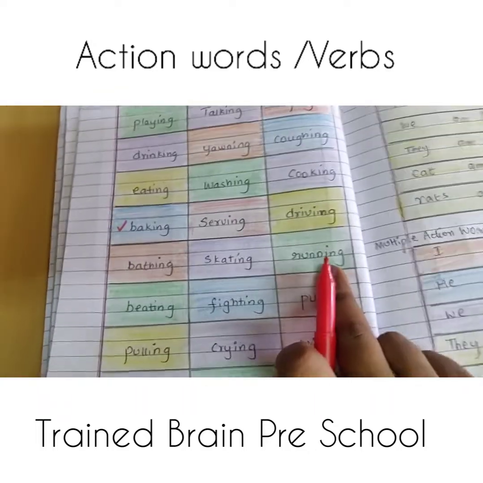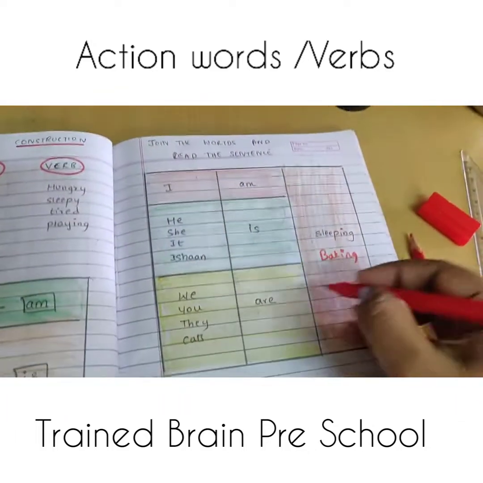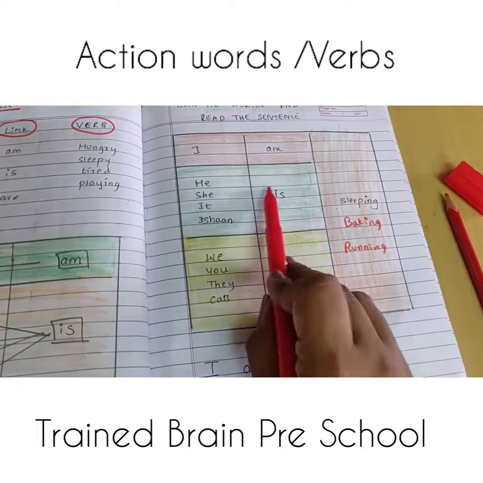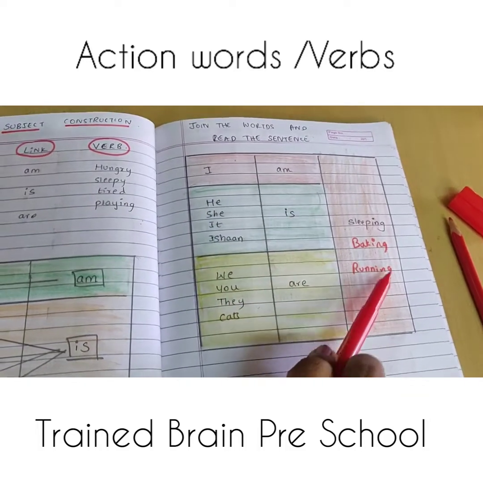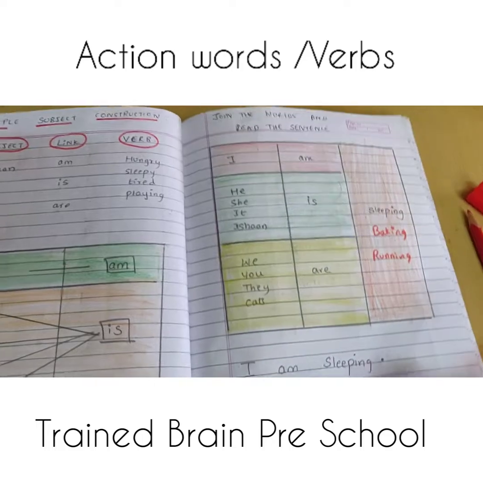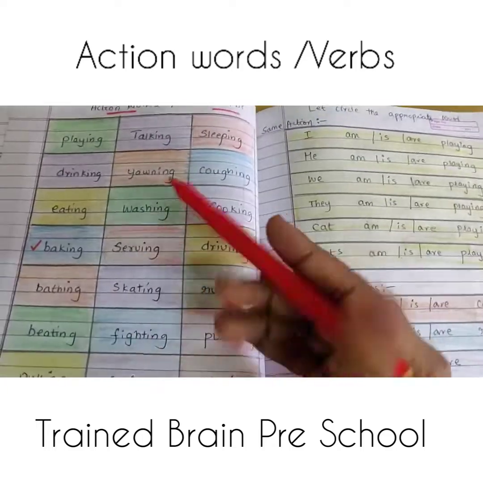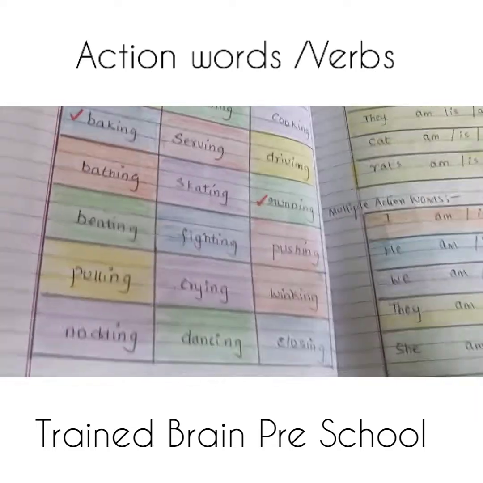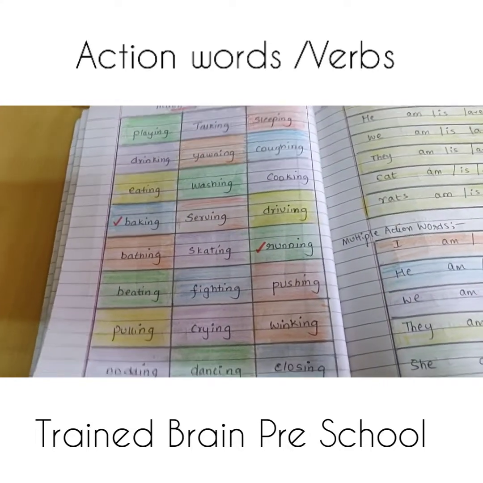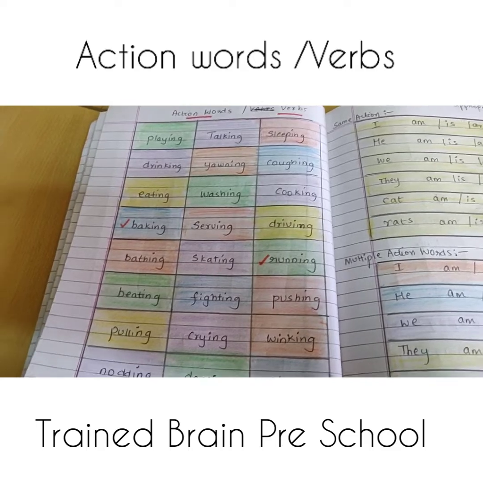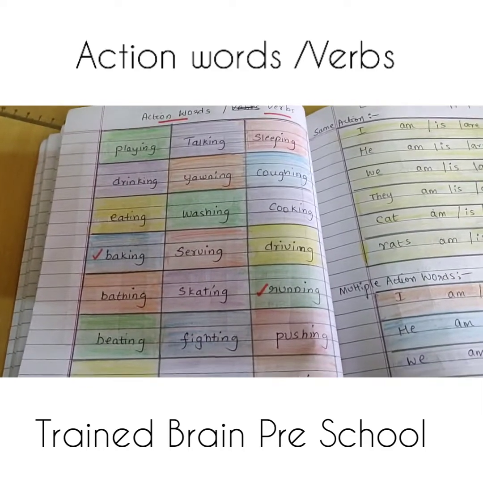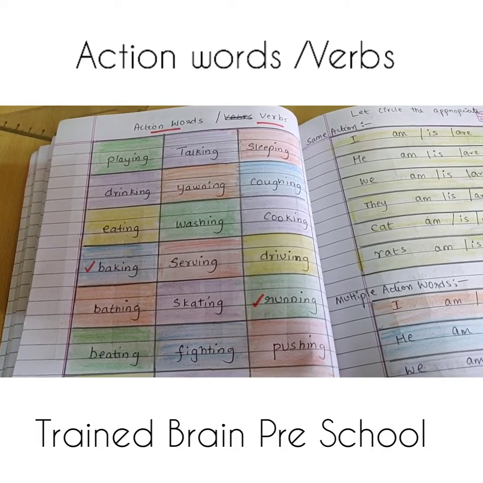You could pick anything like running. When we add running into the previous worksheet, it says it is running, he is running, she is running, we are running. So we get used to reading the same pattern but with different actions. You could repeat the same for most of the other action words, which helps the children to read as well as to write. So this is one of the very simple constructions of sentence usage with different action words.